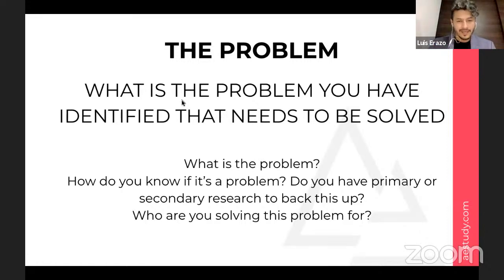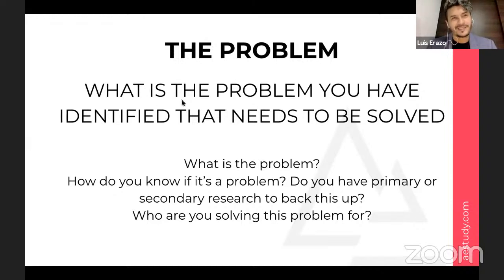Why is this slide so important? Because the audience needs to clearly understand what is the challenge that you're trying to solve. What is the big pain that you're trying to solve? What is the motivation behind your solution? And if you are pitching, let's say, to investors, you need to show that this pain is a big pain, because investors